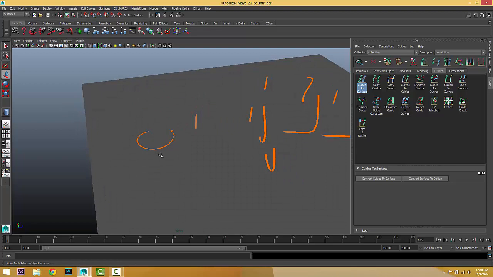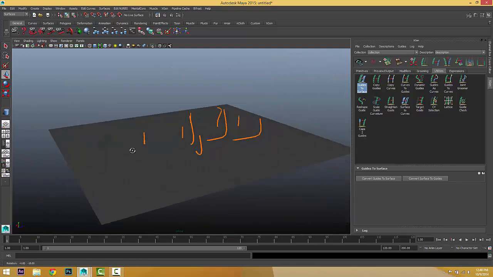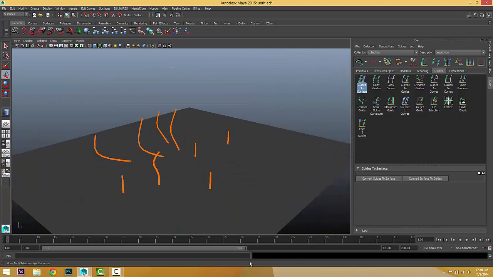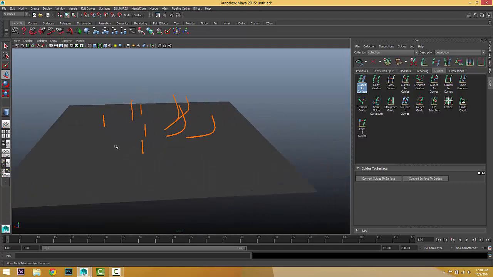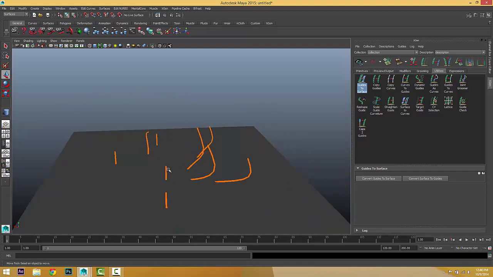Anyway, that's it, let's just delete it. That's it for converting guide to surface or surface to guides. And the point is, if you'd like to modify the guides using the control points, you can do that. And if you want to, you can create the boundary of the surface, and then you can convert the guide to a surface.